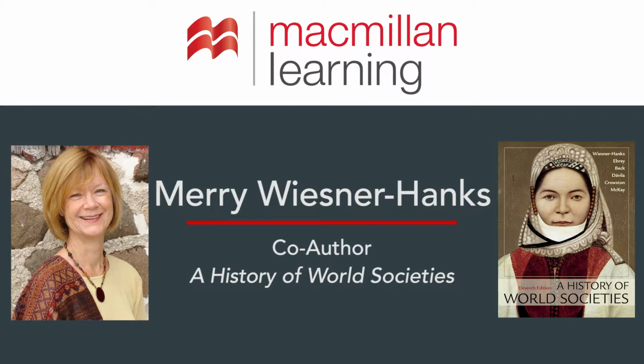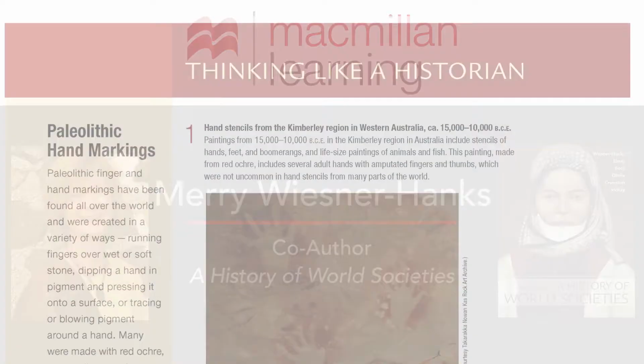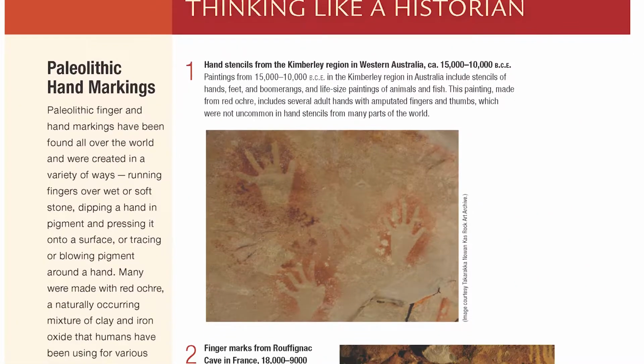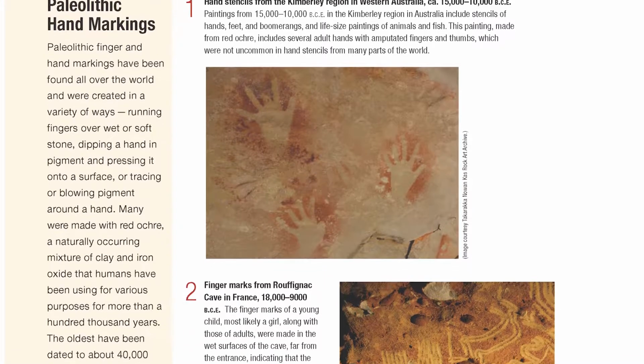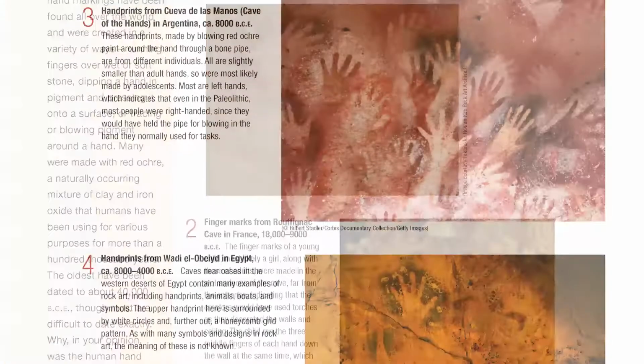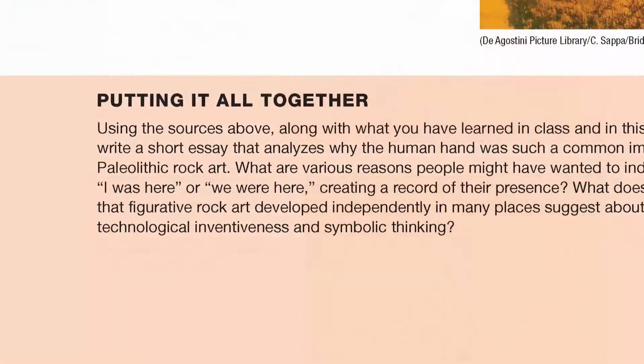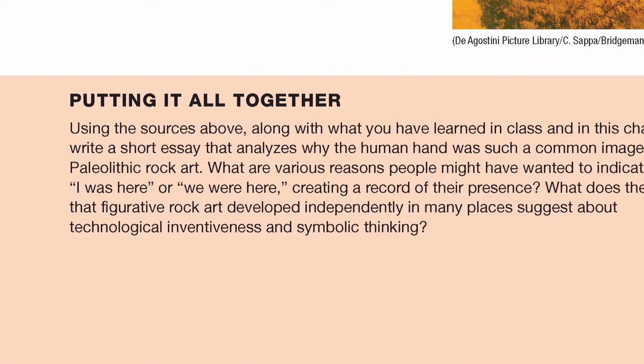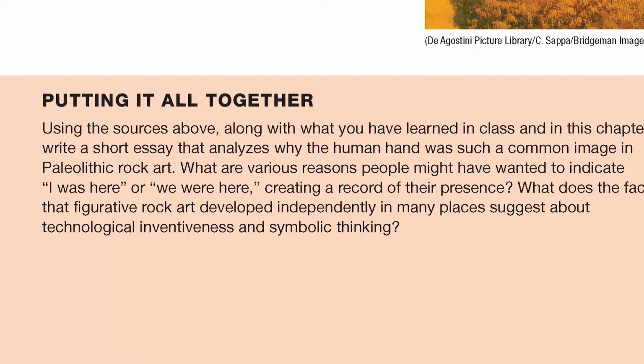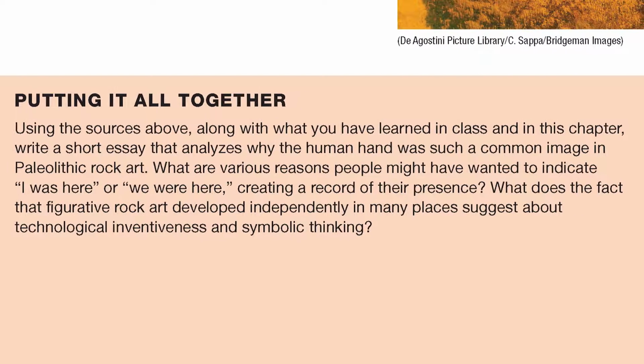The primary source feature we're most excited about is a new one, Thinking Like a Historian. There's one of these per chapter, which groups at least five sources around a central question. These always include at least one visual source, and a few are only visual. Here's the very first one from Chapter 1, Paleolithic Hand Markings, with hand or finger marks from Australia, France, Argentina, and Egypt. As in all the primary source features, there are questions to help students analyze the evidence and also instructions and ideas for writing a short essay that will allow them to put the evidence together with what they